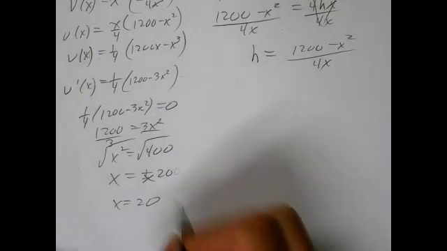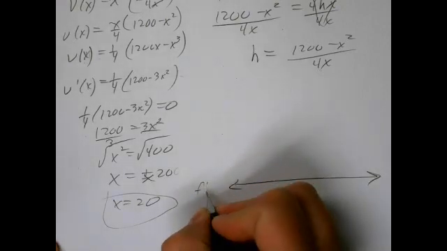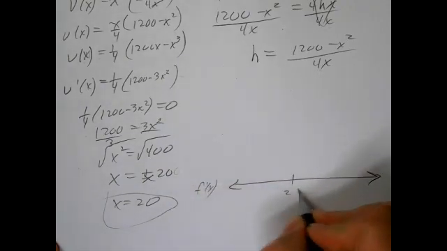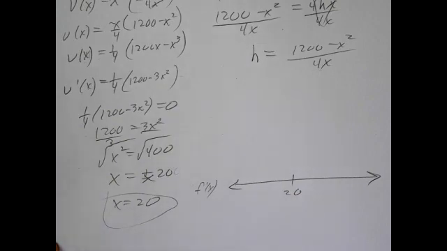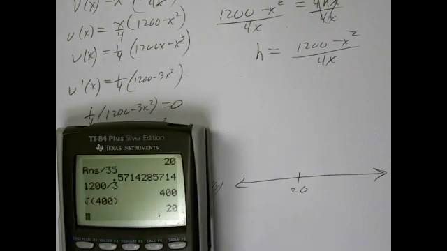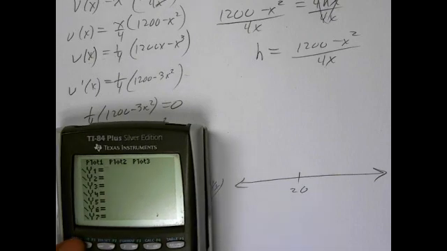All right, and since I've only got one critical number here, it has to be my extreme value. There really is no other option. But if you want to be 110% sure, I can set up a number line for the f primes, mark it at 20, and I can do some testing. All right, okay. And I'm gonna let the calculator help me out just a little bit. If I put in the 1/4 times 1200 minus